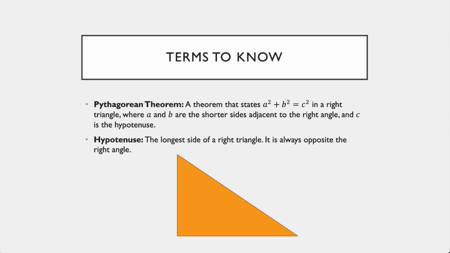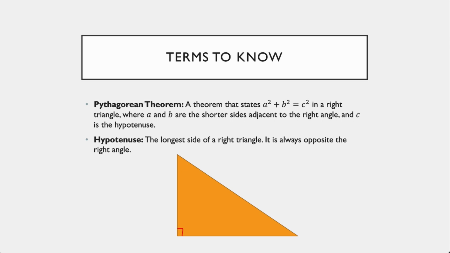So I have this right triangle here, and I'm just going to symbolize that by making the right angle. And let's figure out which side is the hypotenuse, or which one is the longest side. Well, we know that the hypotenuse is always opposite the right angle, as I said before, so since the right angle is here, the hypotenuse has to be this side, or this is the longest side of the right triangle.